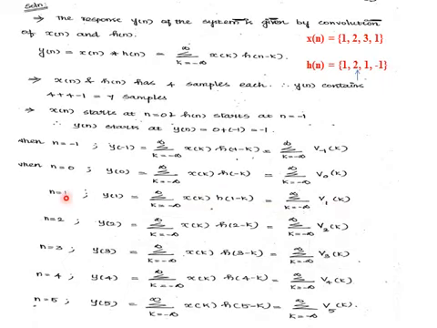Like this, we have to substitute all different values of n and write the formula for finding the output sample y of n at n equal to n naught. That is, for each and every sample of n, we are writing the formula first.